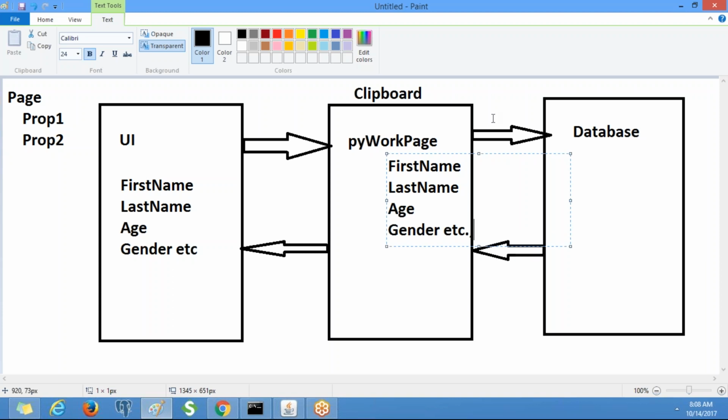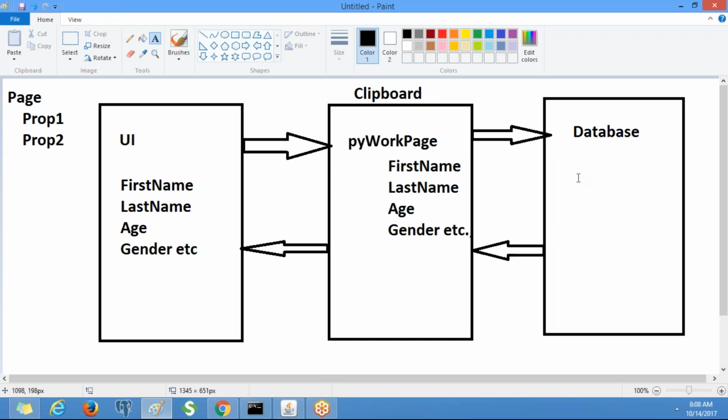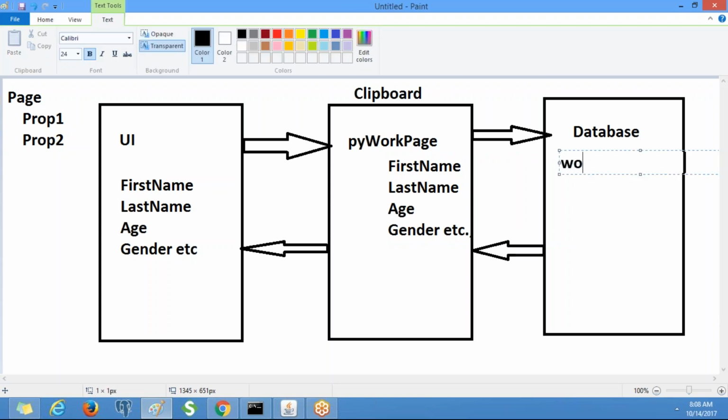The same details will be available in the table which is connected to the work class, that is called the work table. Under the first name, you will see the value which you enter. Under the last name property you will see the value which you enter on the user interface. Similarly for other properties also. This is clear, right?